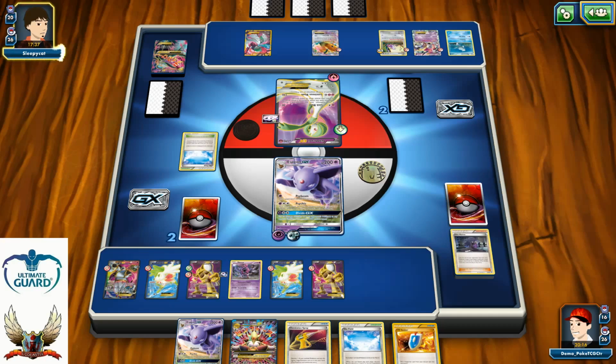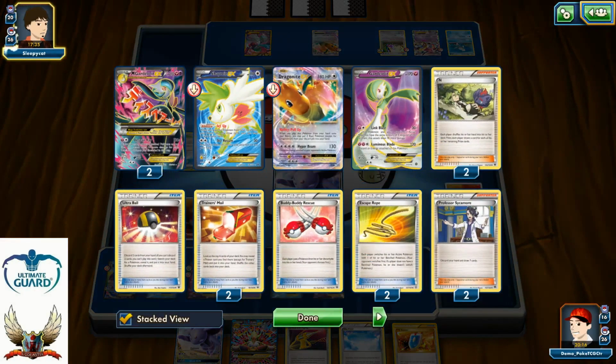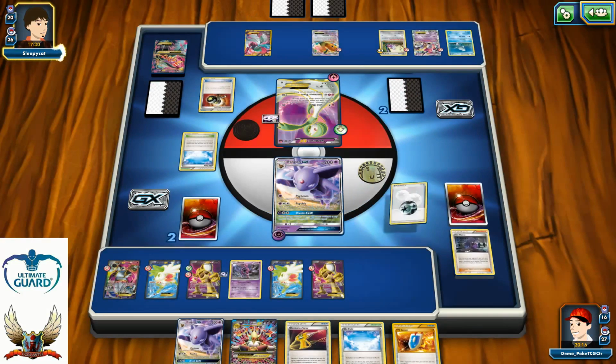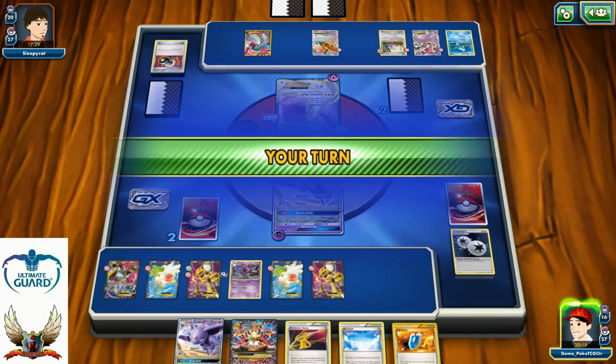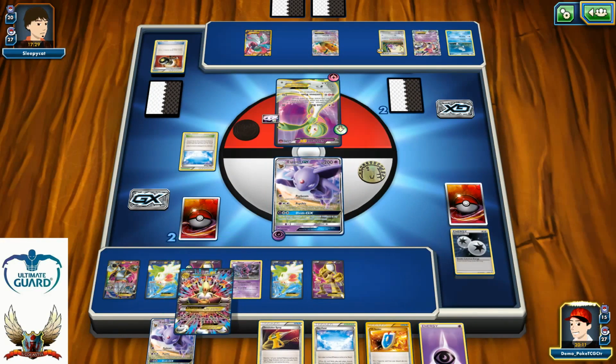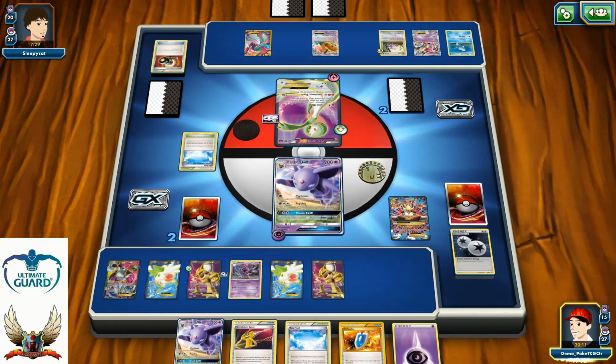Let's see. 2 Mega Gardevoirs in his discard pile. He plays in total 3 of them. He can Buddy-Buddy Rescue, of course. Oh, whew, Enhanced Hammer. Oh, that's it? Well, if that's it,